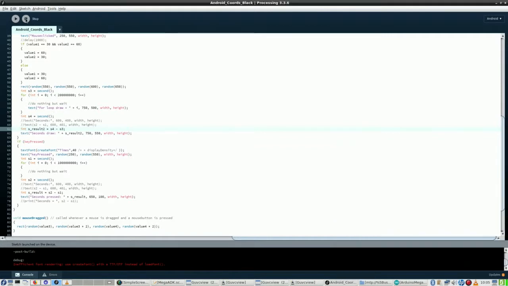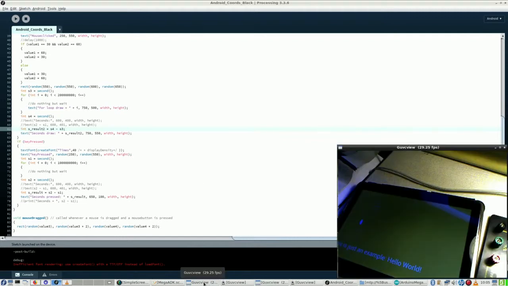Okay, yet another attempt. There we are again. Coordinates are definitely changing,